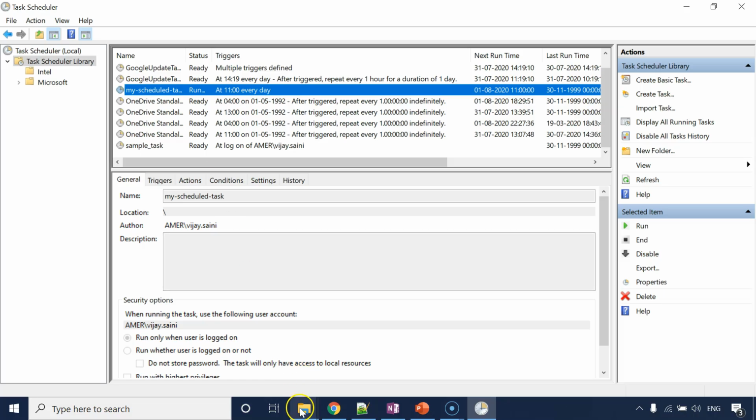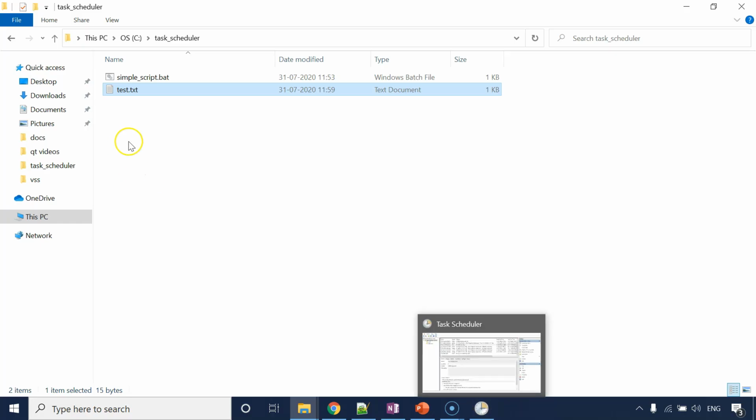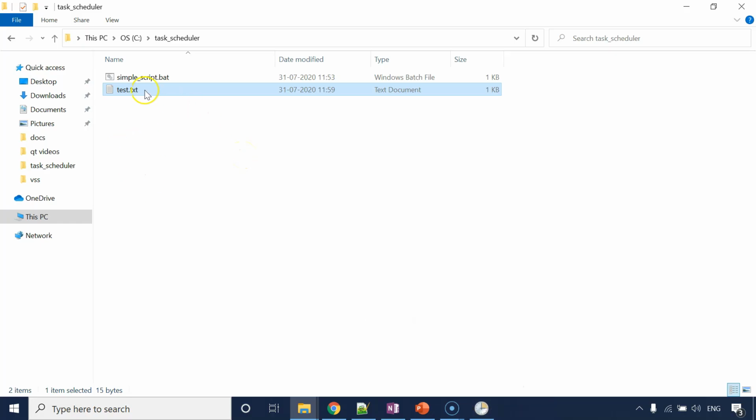So let me run it and see in the path, and you can see this test.txt file is created over here. Well and good, right? So this would mean that automatically our scheduled task executed and created this file, right? Because this file will not get created unless we execute this script, right?